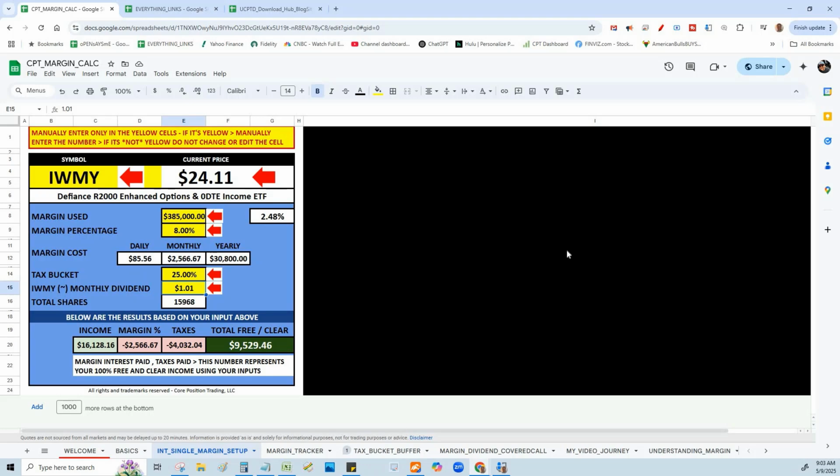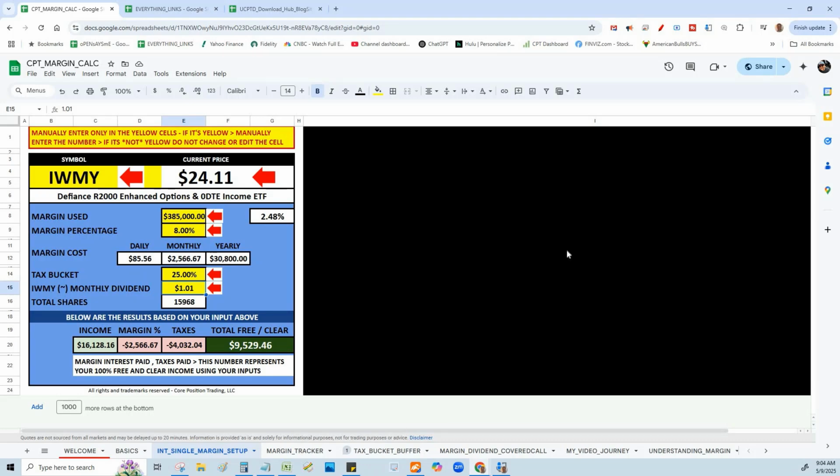I call it the tax bucket, and what I love to do is just pick a dividend paying stock. My tax bucket dividend payer is XDTE. I actually created a side account, and any money that's in that side account gets invested in XDTE. That's going to pay the tax man. Well, at least throughout the year, it's going to give me that confidence that if I need to pay the tax man, I have the money. Now, again, all of our tax situations are different, and hey, I may not even have to pay taxes if I take some big hits during the year. But with that said, the calculator always assumes paying the tax man.